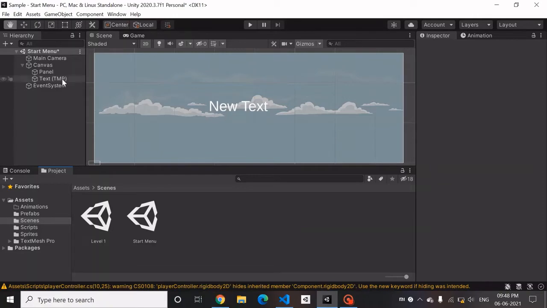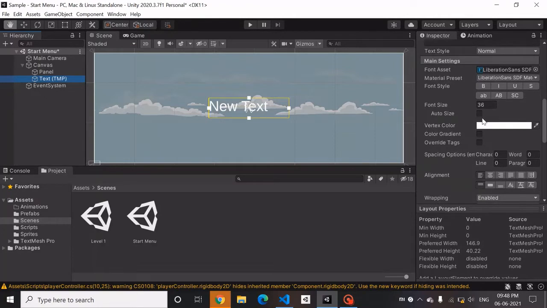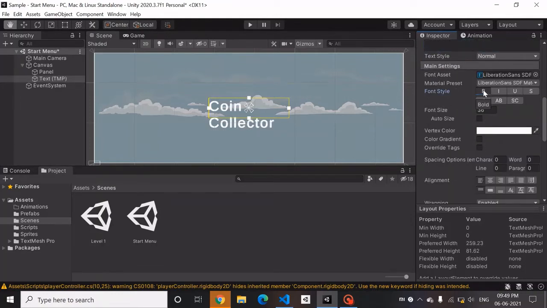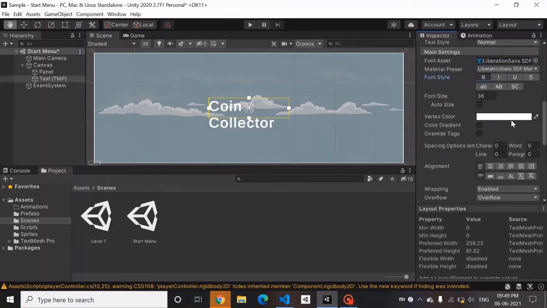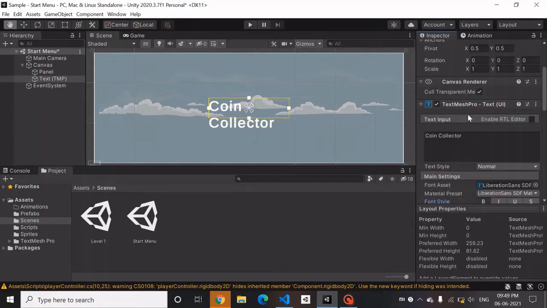Now let's start with the text name. The first is our game's name, which is say Coin Collector for now. You have better functions here like bold, italics, etc. Earlier you couldn't apply multiple of them together. Now you can, and everything is much better with Text Mesh Pro.